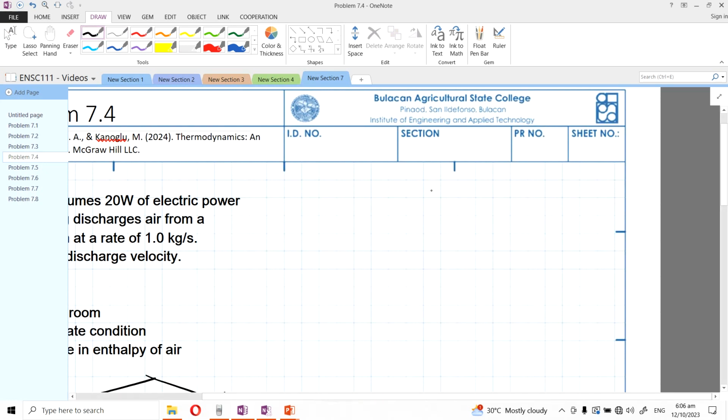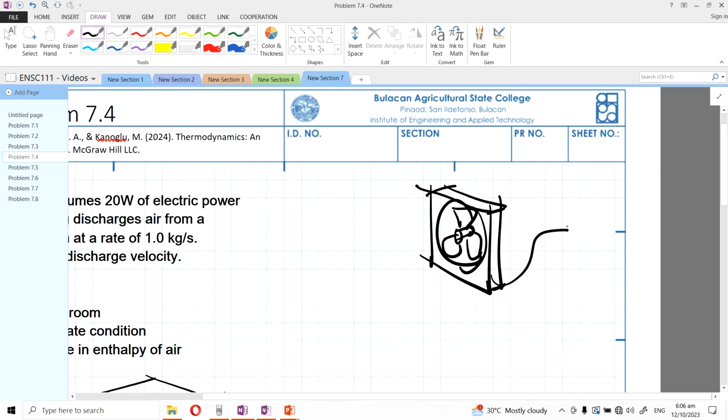In more detail, here's our fan, and that fan has a blade here. We need to connect this to an electrical source so that we can have an input power, right? So input power from, let's say, an electrical source, so that it can rotate this shaft. Once this shaft is rotated, the blades connected to this shaft are also rotated. So what will happen is,